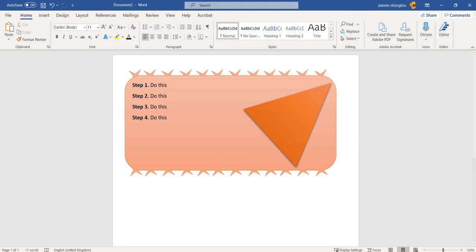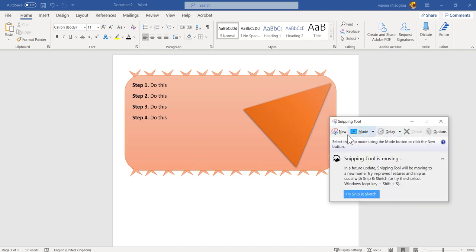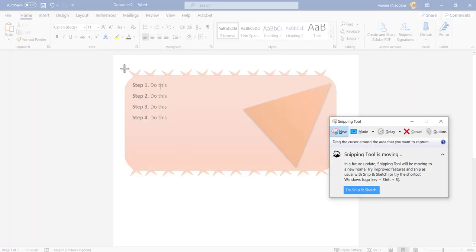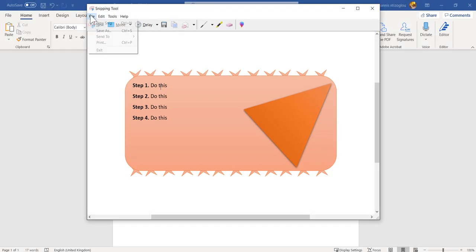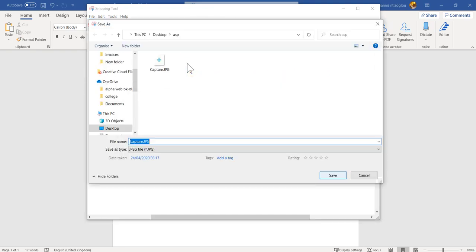Now I'm going to go to the window and I'm going to bring up the snippet tool. Here's the snippet tool. I'm going to click new, and then I'm just going to highlight this section. I'm going to go to file and select save as. I'm going to save this picture here. So desktop ASP app, that will do. So help task